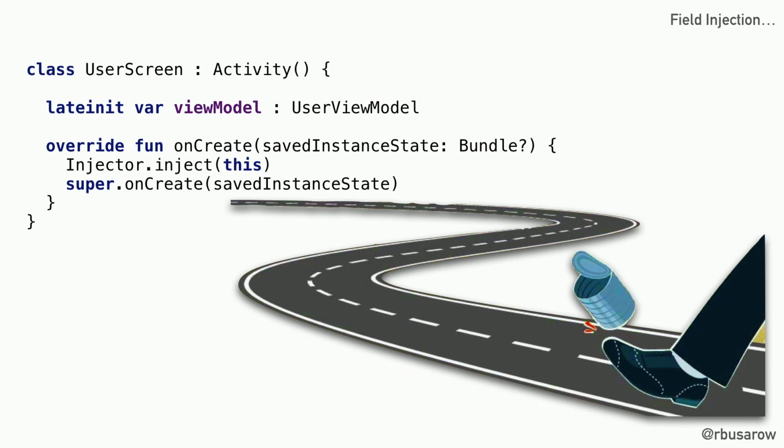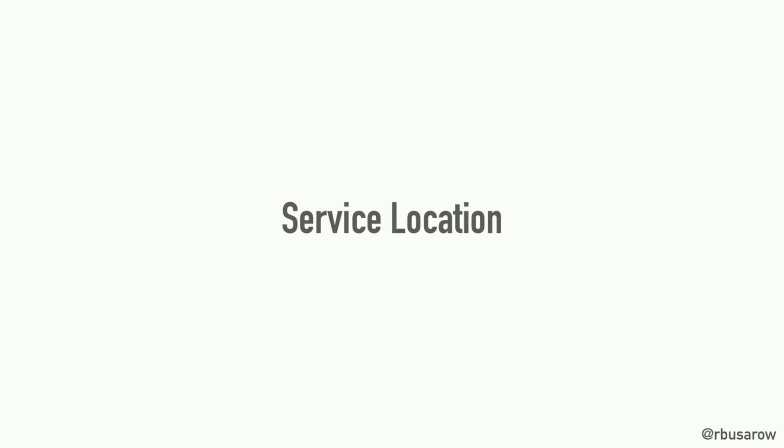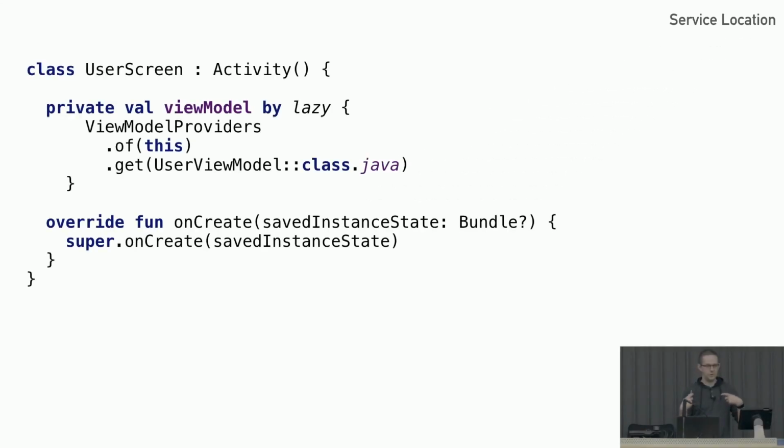And I'm trying to make a point here, which is that dependency injection is actually just kicking the can down the road. It does not know how to create instances of things. It just knows how to pass them around. If we want to create instances of them, we need the other pattern, which is service locators.